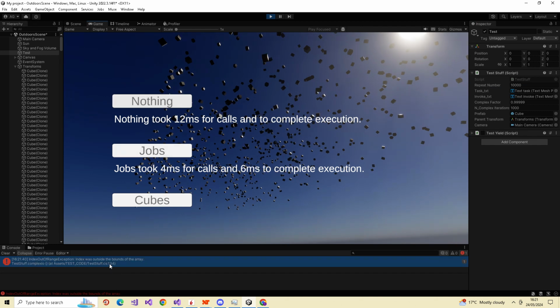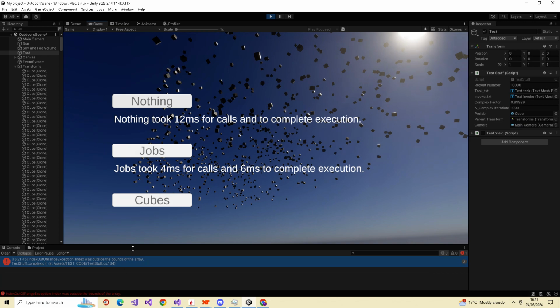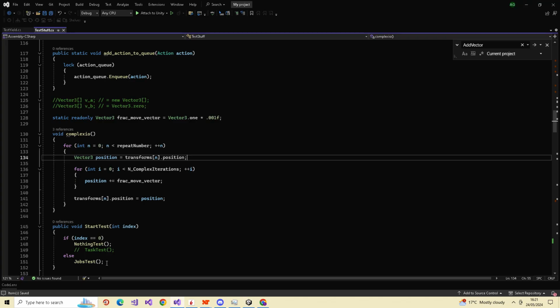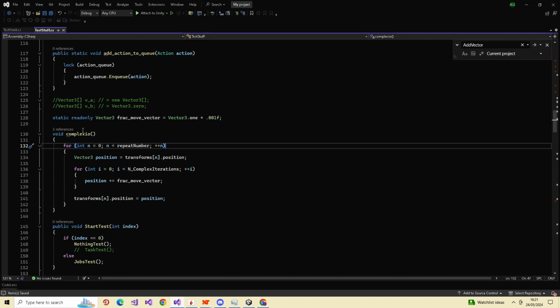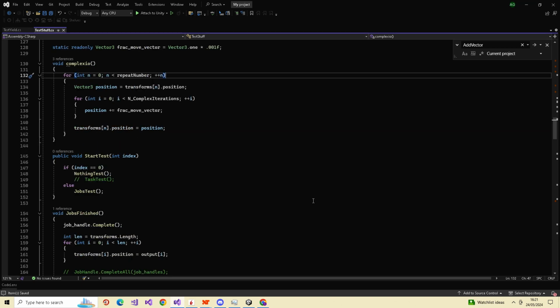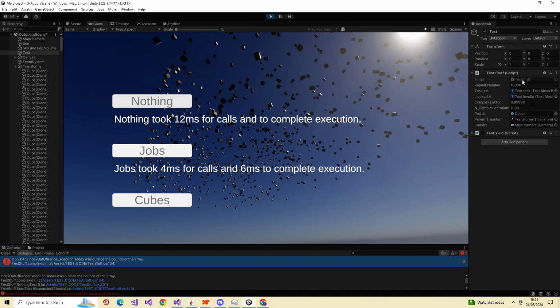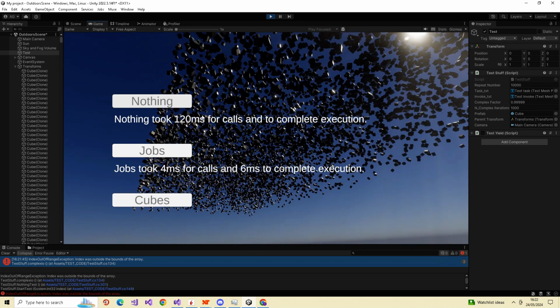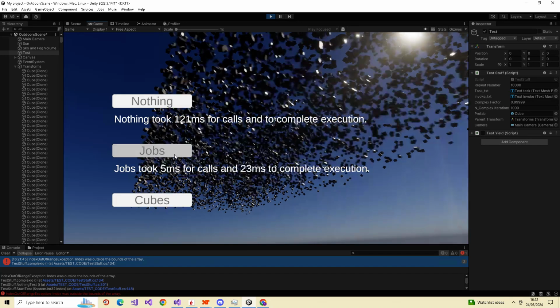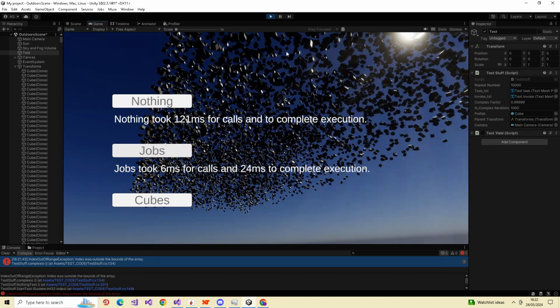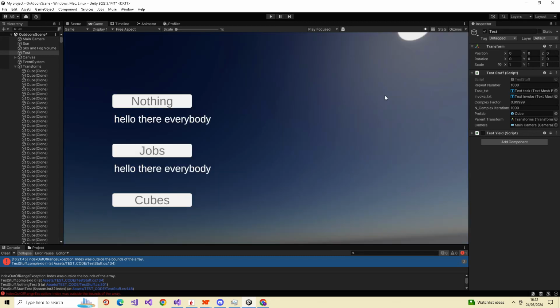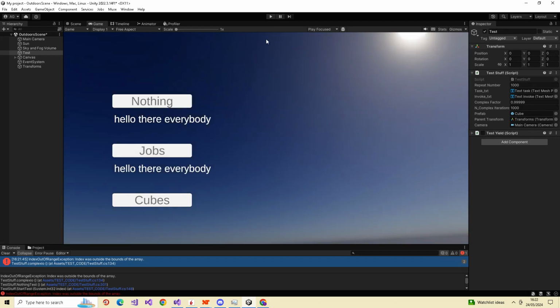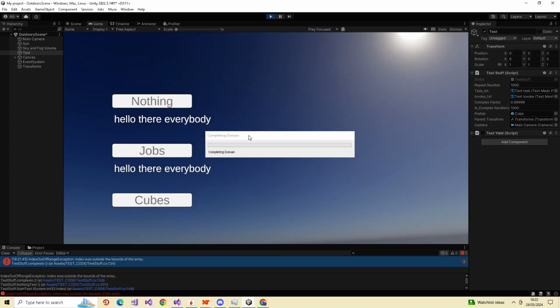Index was outside. Again. Vector 3 transforms n. Oh, because I changed the cubes number. I didn't recreate cubes. I might get away with it. It might be broken inside. I might do better to restart it. I can see what I want now is to switch between the two types of jobs and see if this